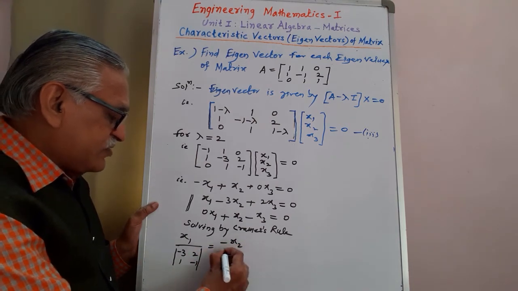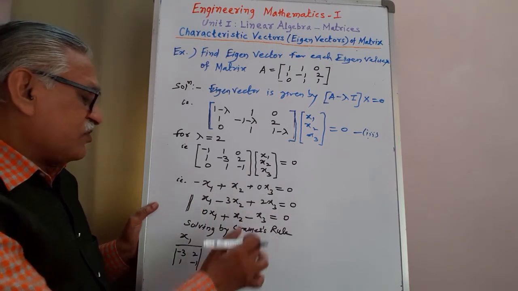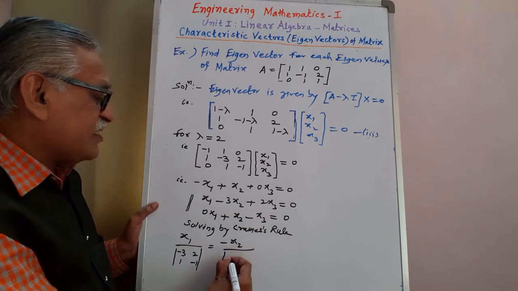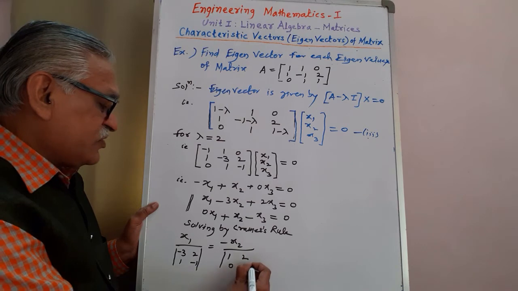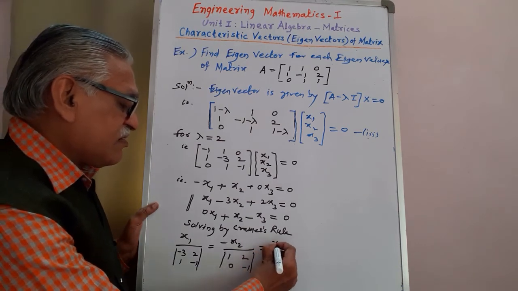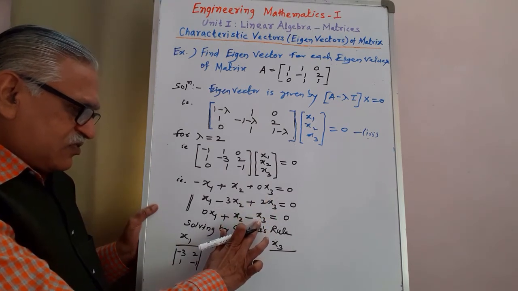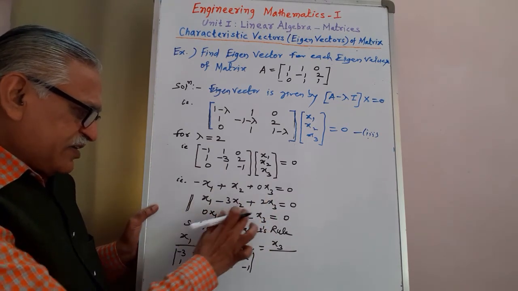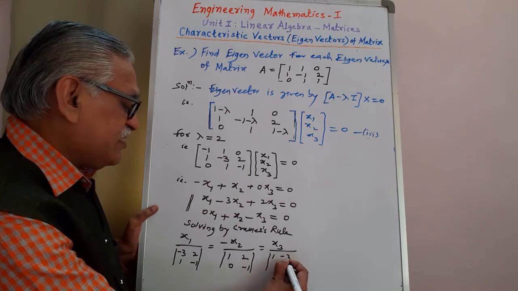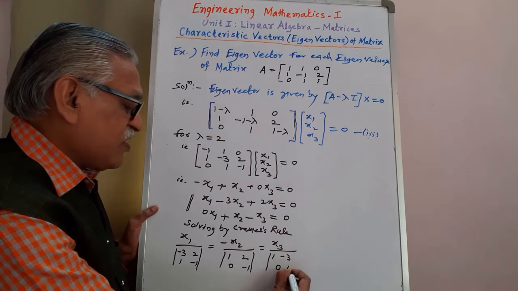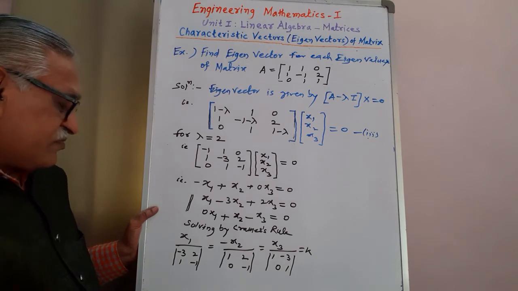Second with minus: minus x2 upon, this time we neglect x2, determinant of the remaining 4 elements, which are 1, 2, 0, minus 1. x3 divided by, this time we neglect the third column or last column, and the determinant of the remaining are 1, minus 3, 0, 1, and equating each to k we have